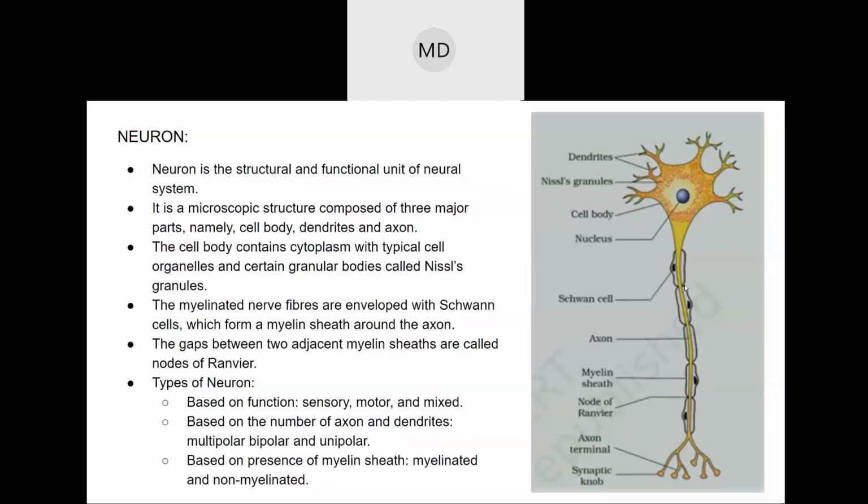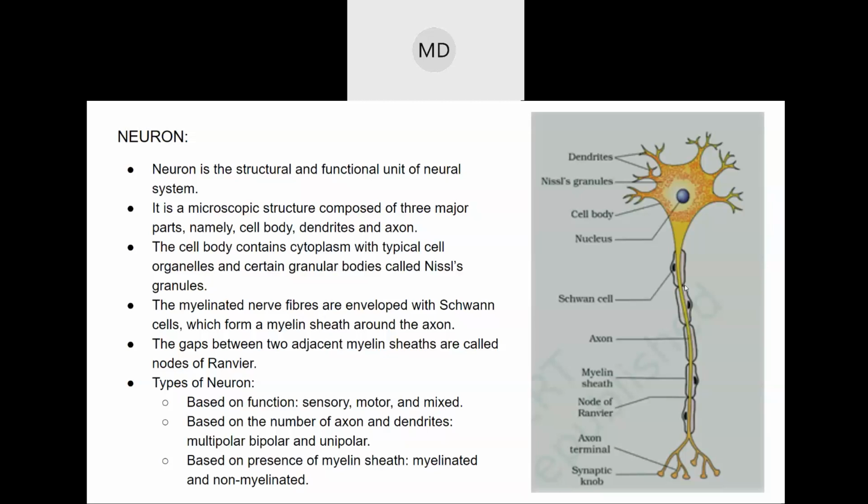Conductor means it allows the flow of electricity through it. A bad conductor does not allow the flow of electricity. That is why we are asked not to touch an electrical switch with a wet hand. Why do you think that is? Because water is a good conductor of electricity. If you have water on your hand, you have the probability of getting an electric shock. That is the reason why.